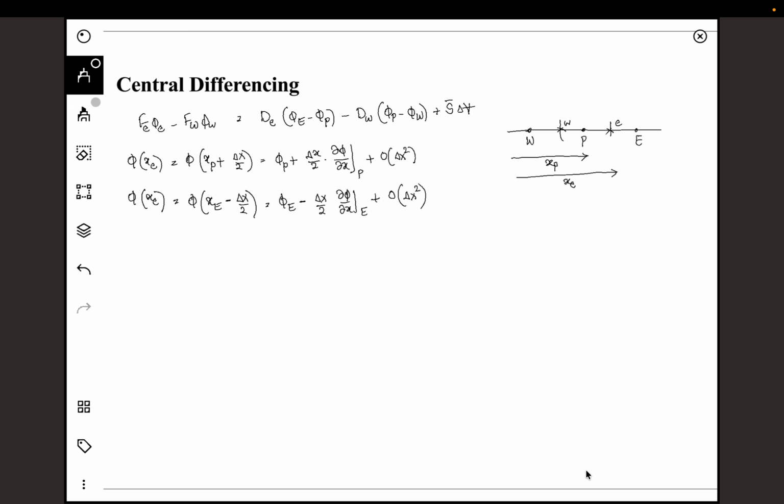So I can write this as phi east. So if I add these two terms, this will be 2 times phi east is phi p plus phi e plus whatever the residual terms are over here. And from this I can write phi east is basically the arithmetic average of